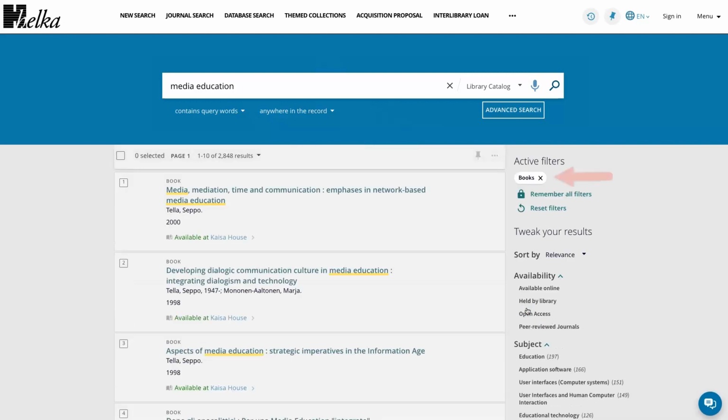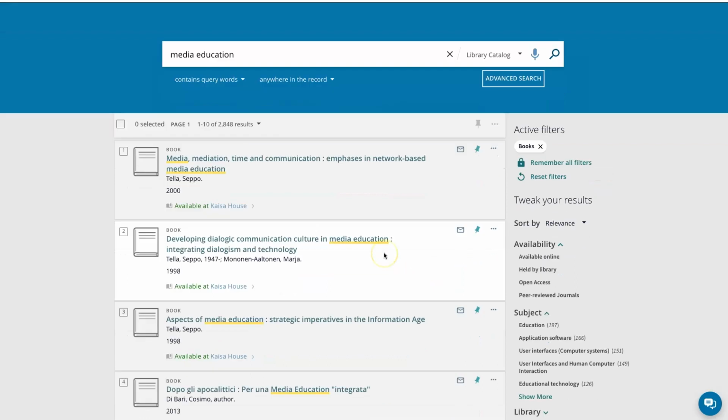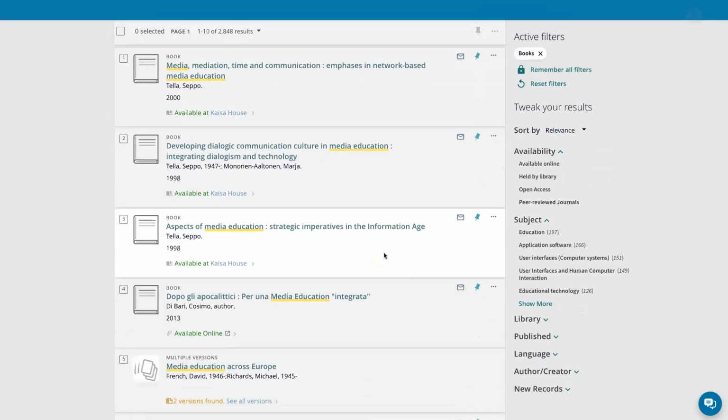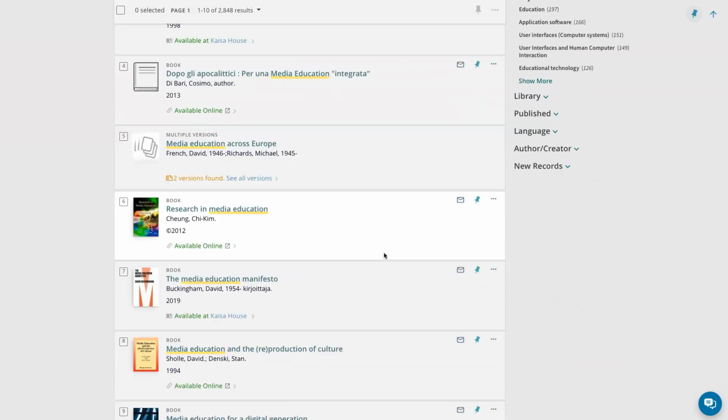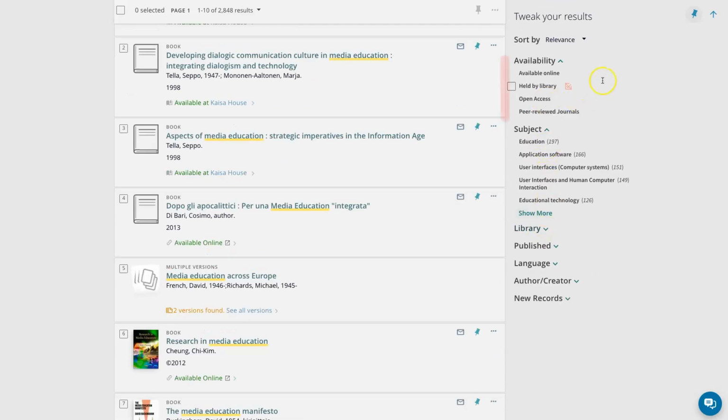Now you can see what filters you have activated to narrow your search. With this search, you will find both printed and electronic books. You can see whether it is a printed or electronic book by looking at details of the book. Available at means that a printed book is available on the library shelf at the mentioned library location. Available online means that it is an e-book. You can choose the preferred type by further narrowing your search.